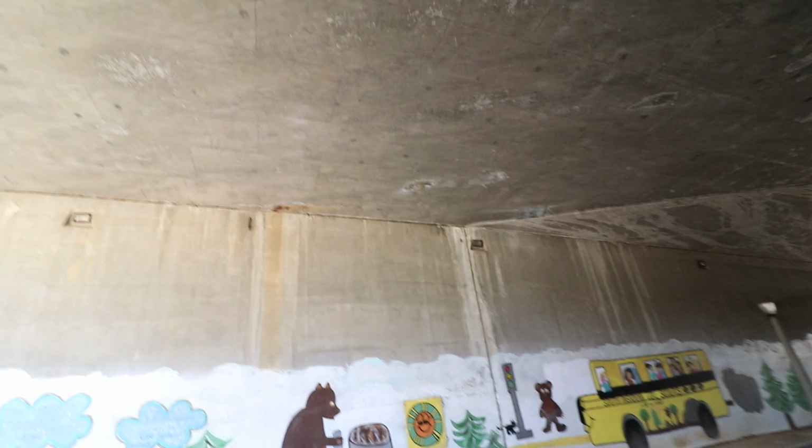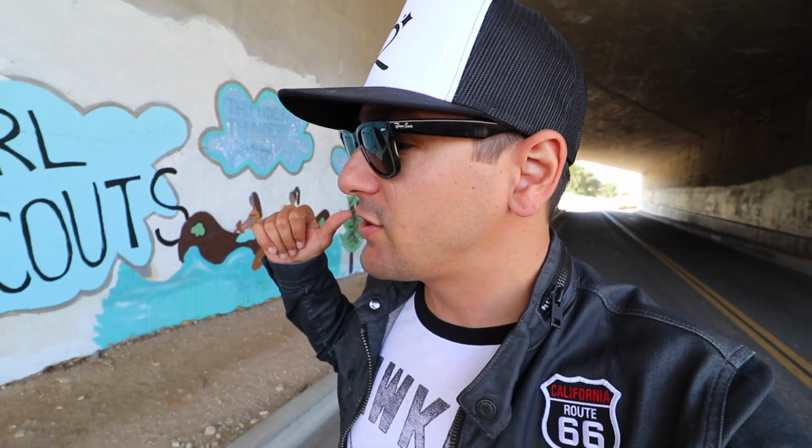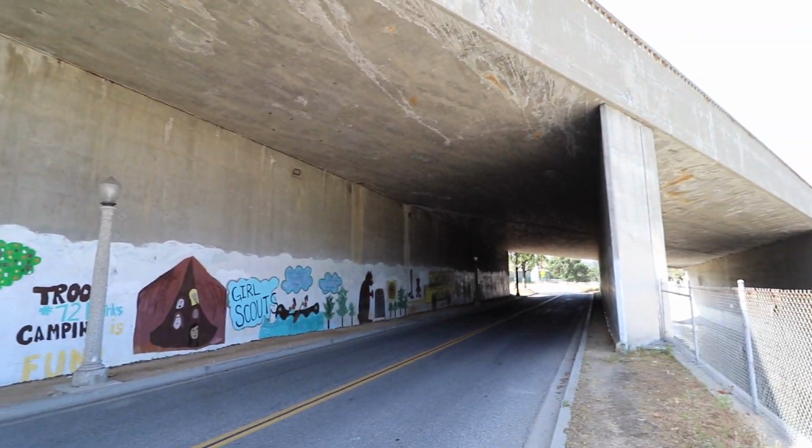Or should I say, underneath Route 66. Last time we left off, we were leaving downtown Los Angeles and headed towards Pasadena on the Arroyo Seco Parkway, which is now right above our heads. This small freeway here was once part of old Route 66, and I gotta say, it's pretty cool to be down here. I've spent a lot of time on Route 66, but I gotta admit, I haven't spent that much